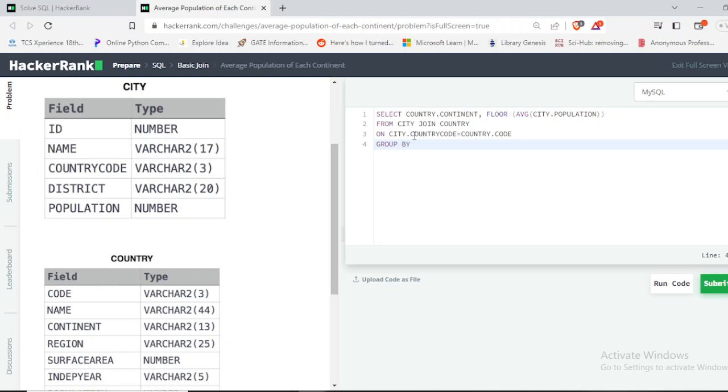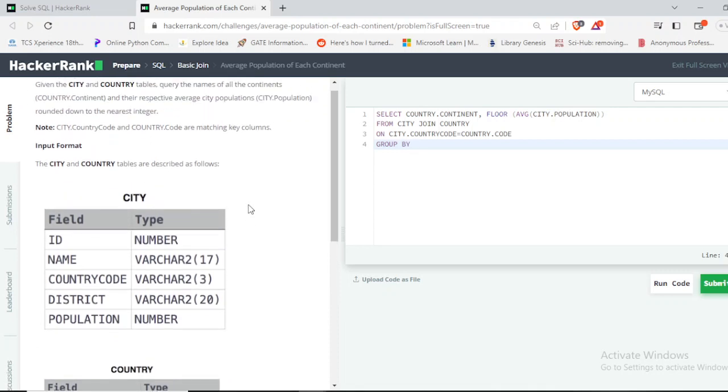On what condition are we grouping? Since we only need the continents and the respective average city population, we can just group it by country dot continent. So if we run the query,